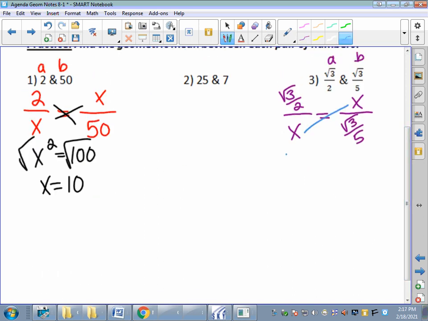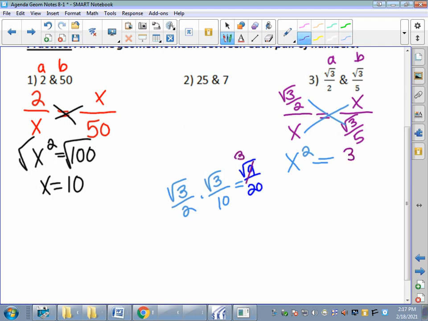When we cross multiply, we get X squared. When we go this way, we're doing a square root of 3 over 2 times a square root of 3 over 5. Multiply your numerators, multiply your denominators. You do not need common denominators for this. So that looks like a square root of 9 over 20. We all know the square root of 9 is 3. So 3 over 20. Then when we square root this,